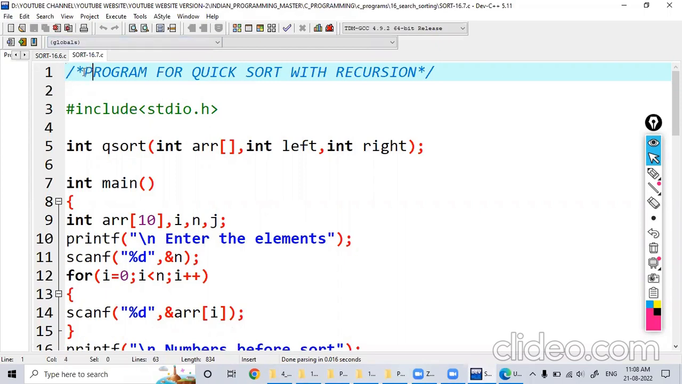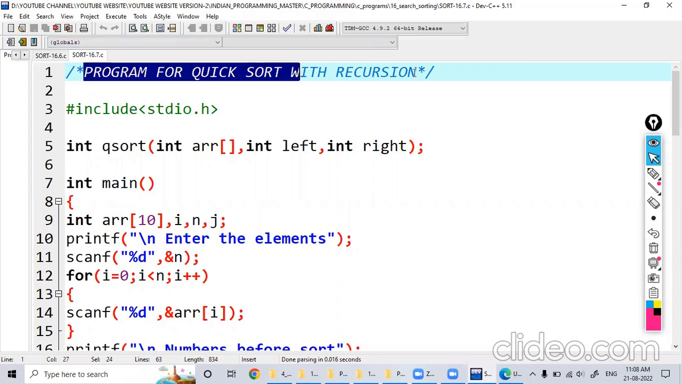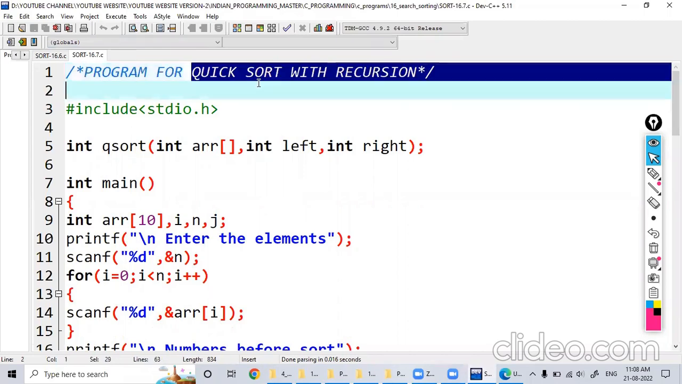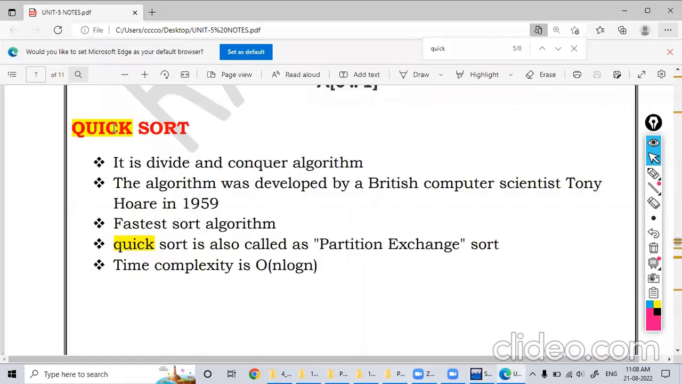Hi students, now let us see a program on quicksort, and this we are going to implement with the help of the recursion concept. Before going to see the quicksort program, let's see the theory of it. So what we do inside the quicksort is, this is also an example of divide and conquer algorithm. So already we saw another kind of sorting, that is merge sort, which is also an example of the divide and